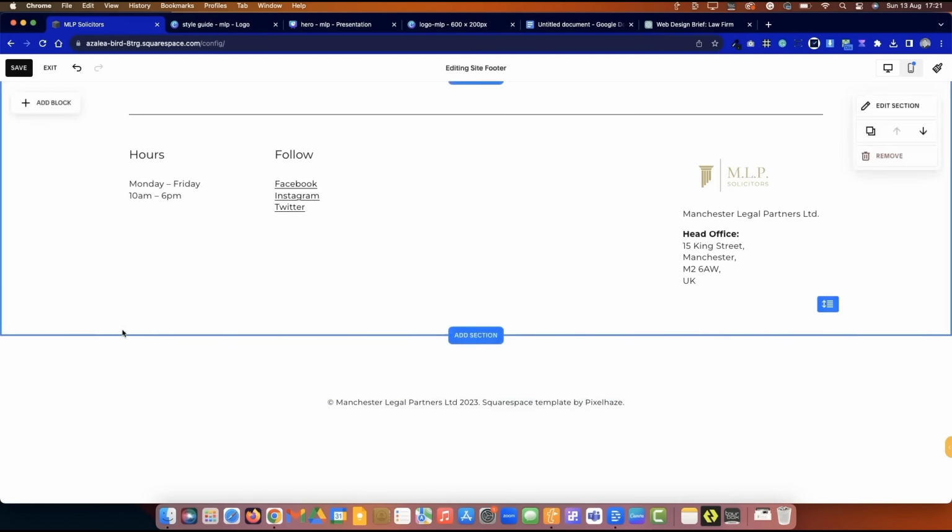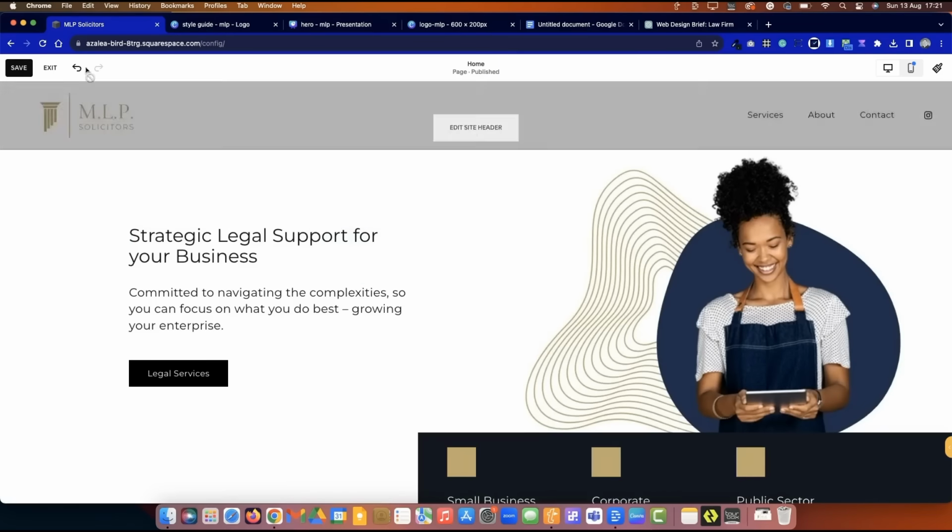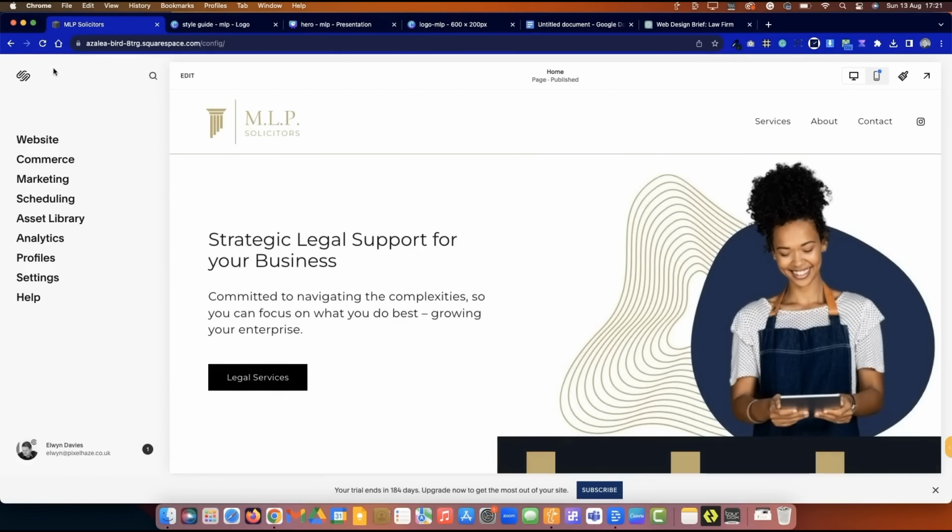And just outlining this is a Pixel Haze Squarespace template. I'll have to come back to that later and just put a link in instead. I'm going to try it on the grey background just to separate it from the content above. But yeah,